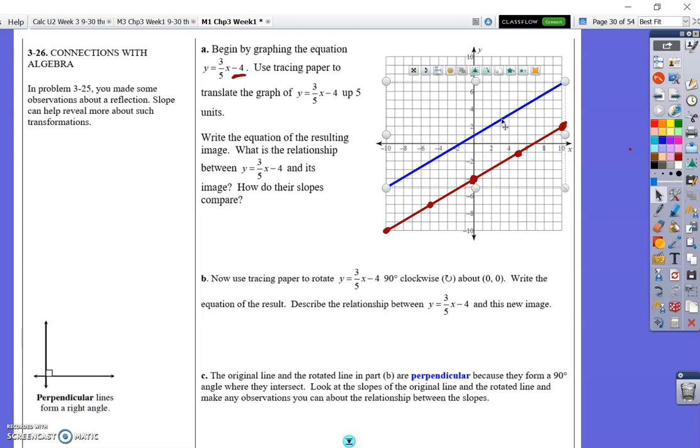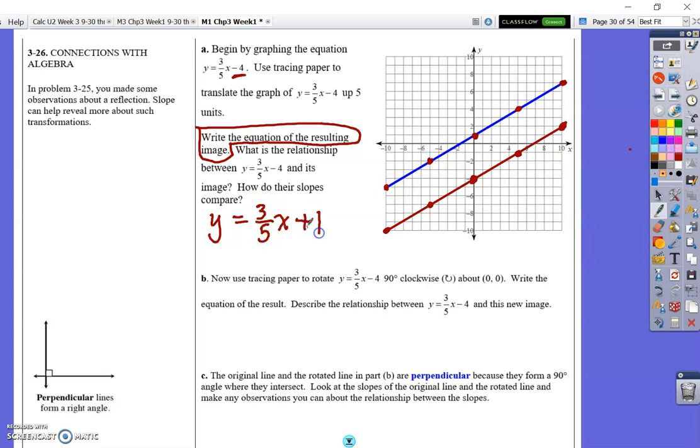So it wants to write the equation of the resulting image. So right here. And so my equation is y equals, my slope is the same. Go ahead and put some dots on that, so you can see that my slope is the same. And so y equals 3/5 x plus 1. And so the relationship is that it's been moved up 5. They're parallel. So the relationship is parallel